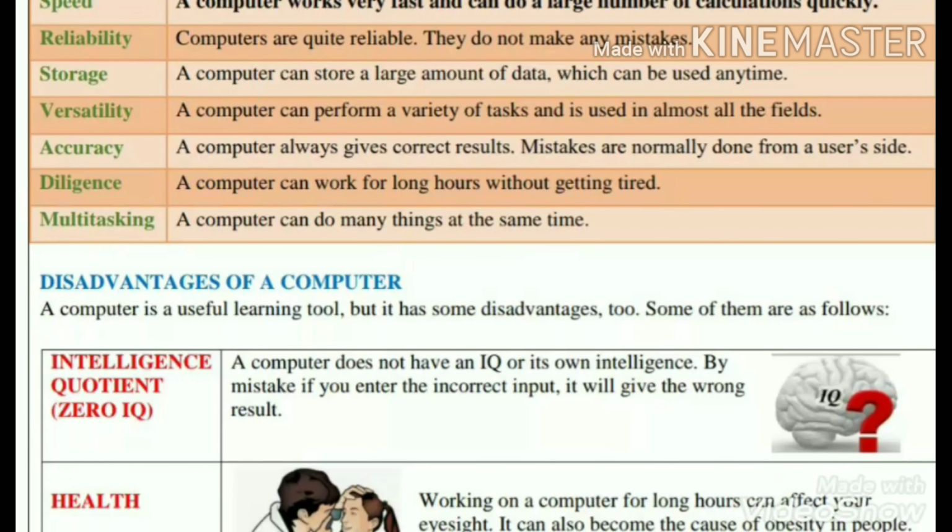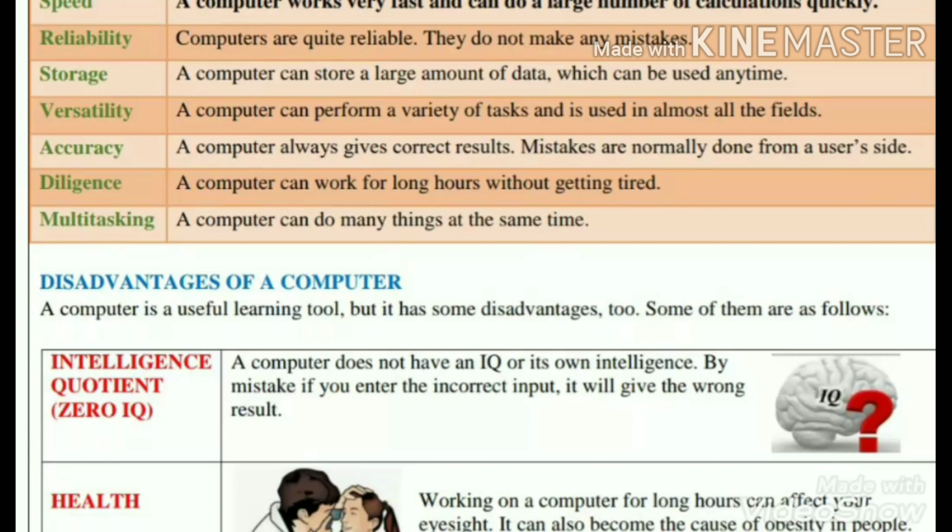As we all know, a computer is very fast and the data which we receive from the computer is very reliable. It stores huge data, and a computer can multitask at the same time. If we are listening to music, we can simultaneously draw. We can read or we can type, and simultaneously someone can save data in the background. We can play games, watch movies, study, read an article. So a computer is very fast, reliable, accurate, it stores data, and it helps us in multitasking.